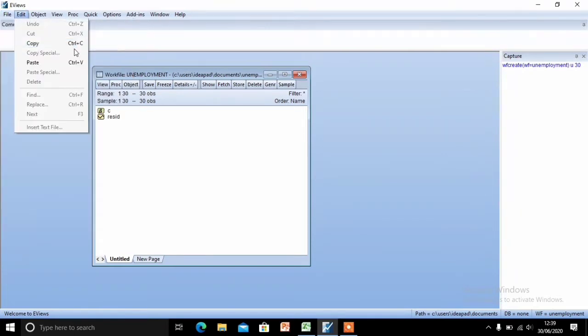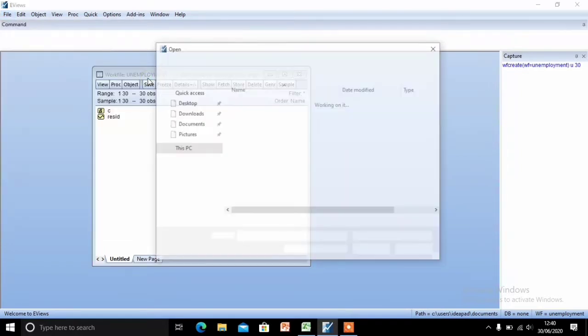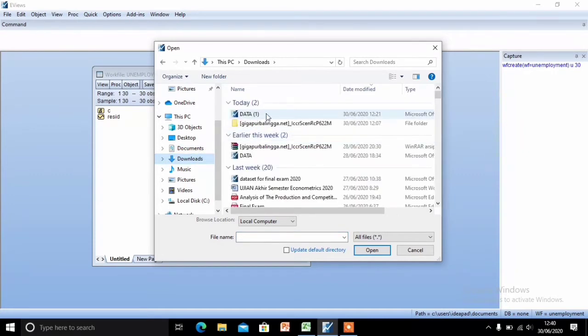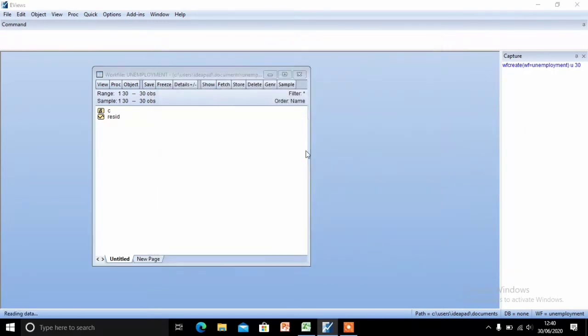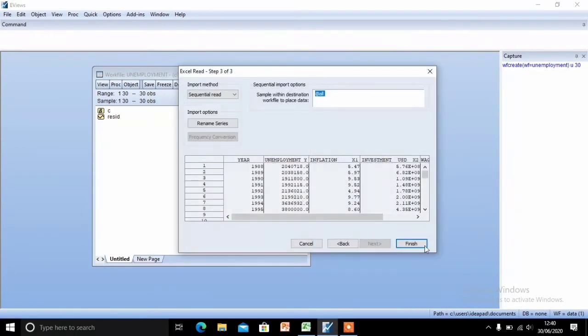Click File, then choose import from file, then find your data. So this is my data. Open, next, and finish.